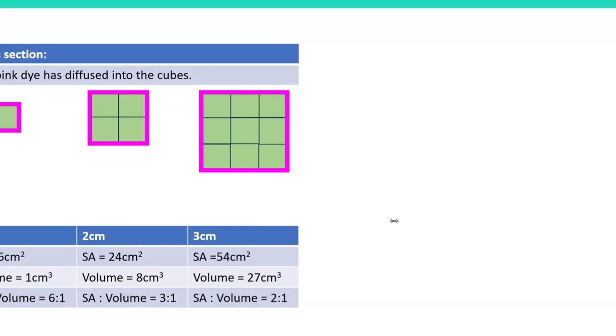It is smaller because of the area. Sorry, I'm just reading the chat now because it said, why is it a smaller number? Because of the area. It's the relationship between the surface area and the volume that's important. So it is how big is the surface area compared to the volume. So it's not just the absolute number, it's the ratio, the relationship between the surface area and the volume